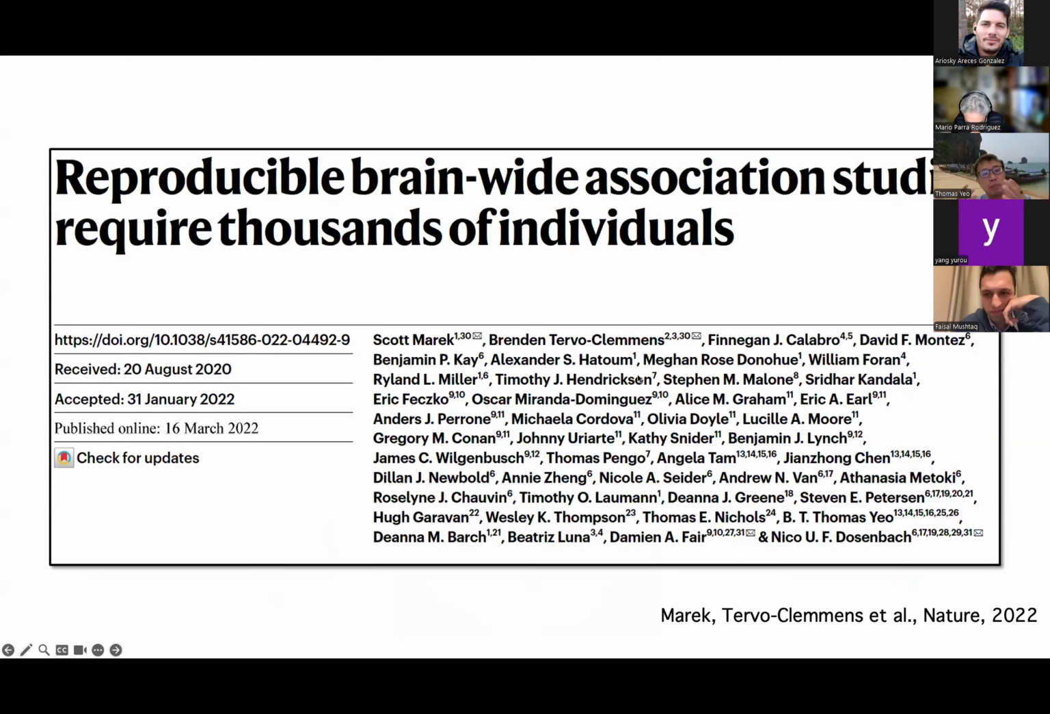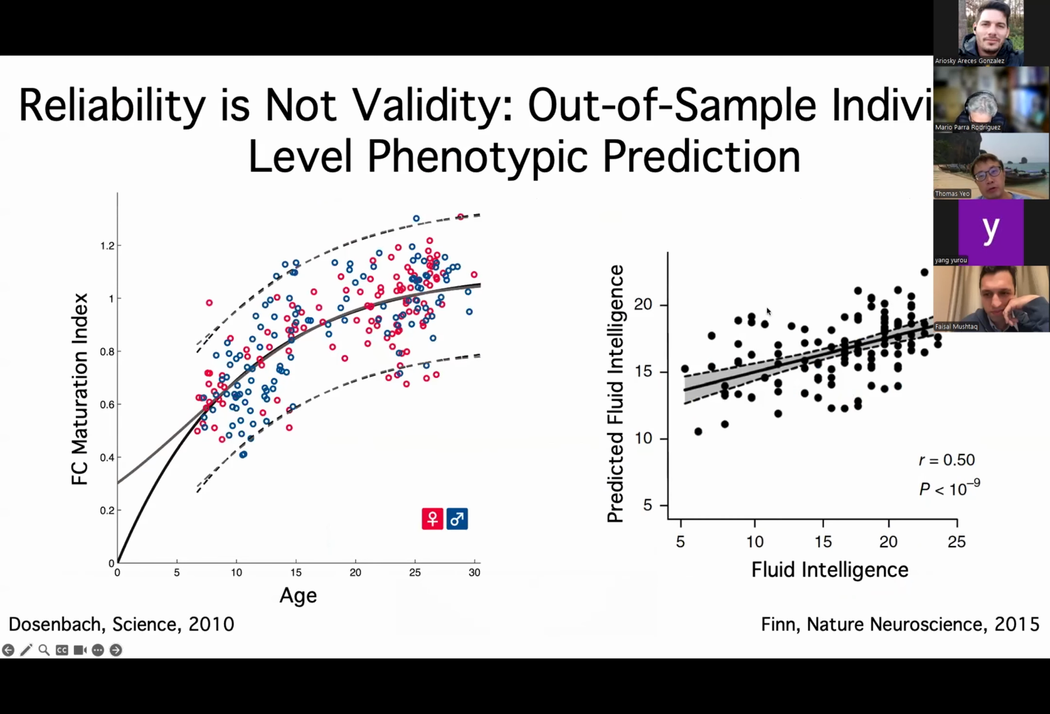So many of you might have seen this study from Scott Marek showing that brain-wide association studies with brain MRI require thousands of individuals to be reproducible. However, reproducibility is not the same as validity because a broken clock is highly reliable, but it is only correct 2 times a day. So I'm actually more interested in individual level prediction, which is of course a big topic